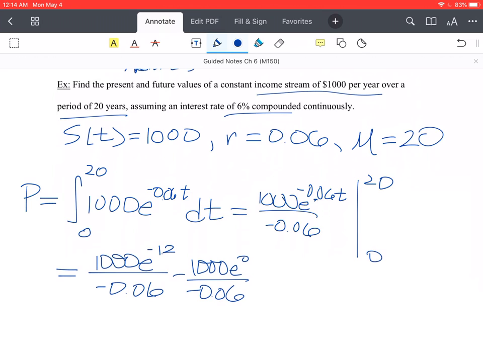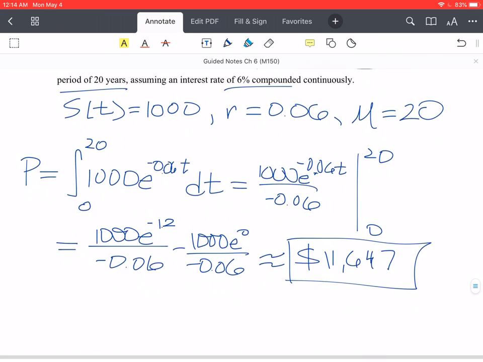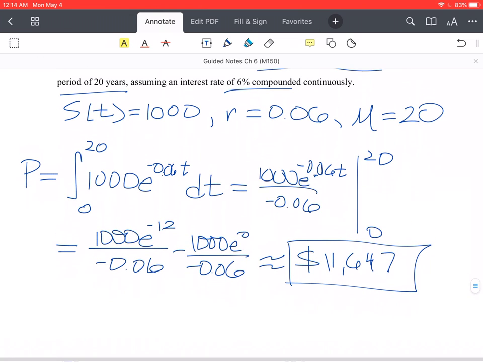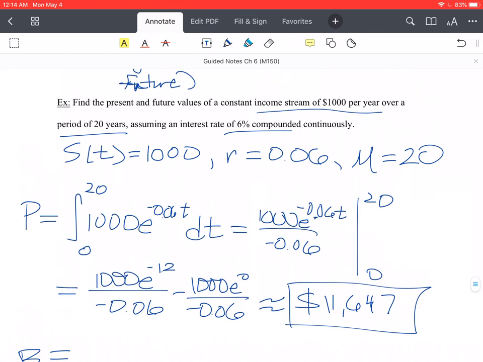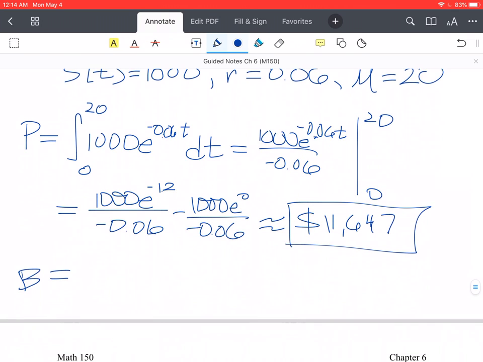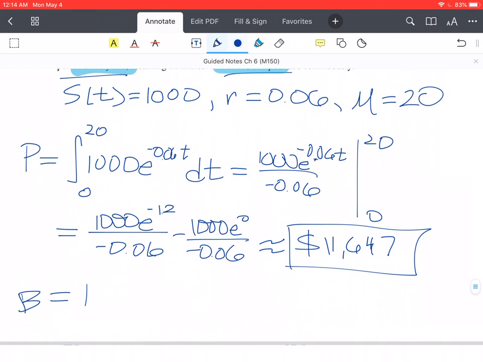And for exact answers, that's pretty much as far as we could go, but we can use technology and see that the present value is approximately $11,647. So that gives us how much money we would need to put in now. And the future value tells us if we put in that amount now into this specified account using these numbers, so with a $1,000 per year income stream over 20 years, 6% compounded continuously, we would get out at the end of this 20-year period